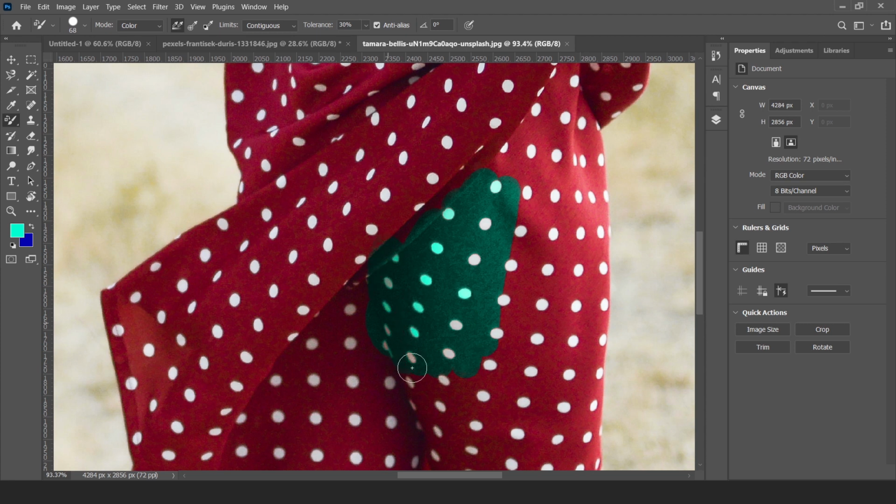See, it will change the red color to our selected color. The benefit of color replacement tool is, after changing the color, the shadows and highlights of our subject will not be affected by this tool.